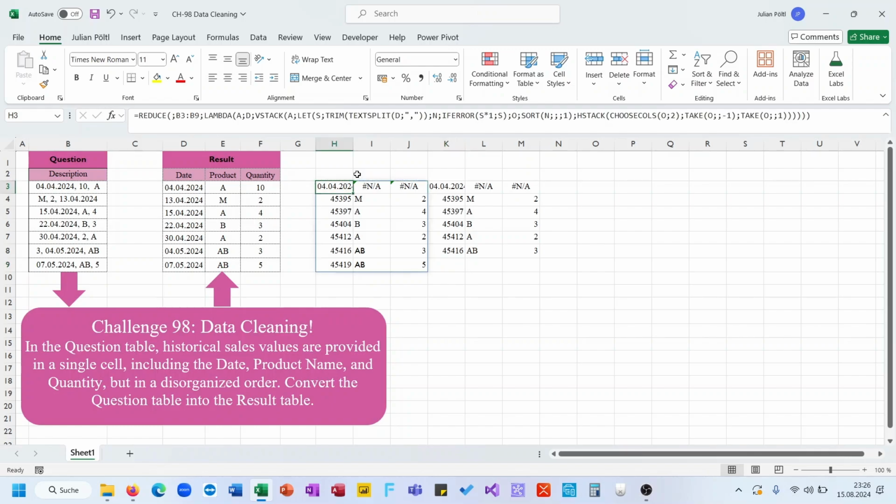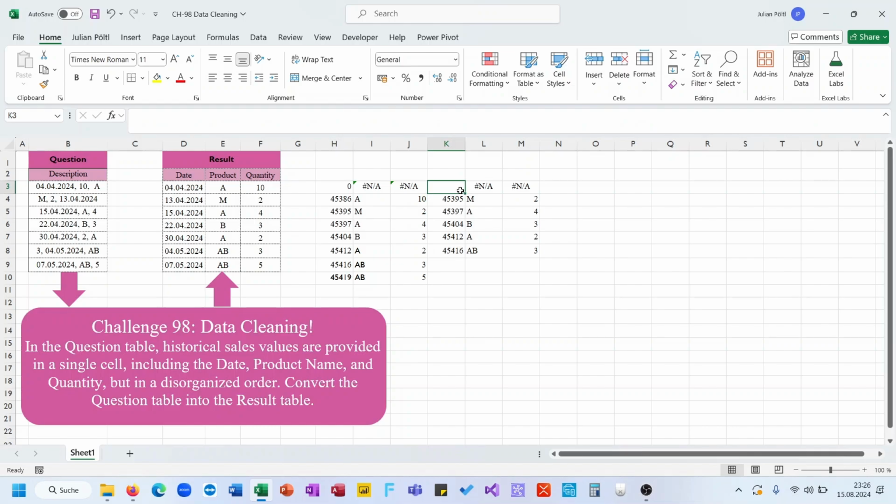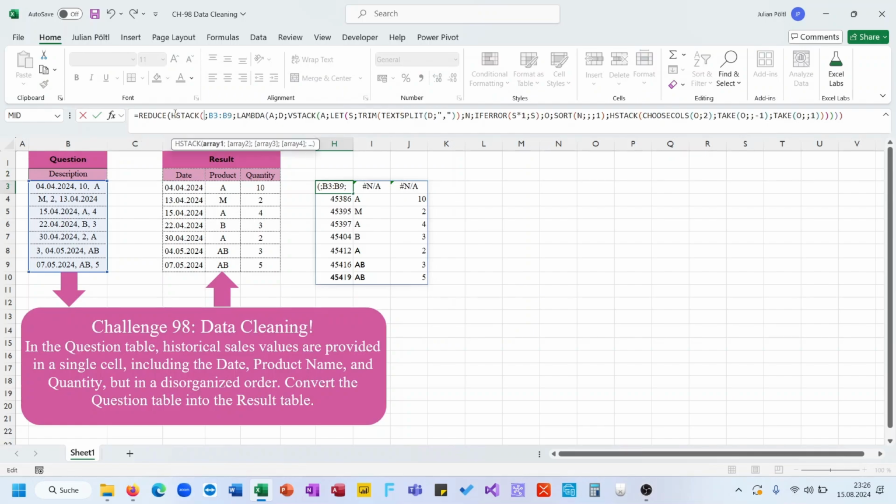And if you don't want to have the header here, you need to either input something here like a 0, but then you get an additional row, and we don't want to have it here. You could use the drop function to get rid of it, but we have an advantage. We also need a header line here, and therefore you could also use the initial value. So we can use HSTACK, then type everything in,